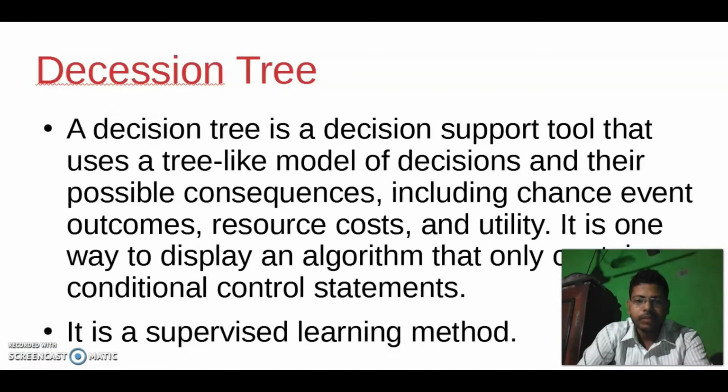I have already made a video on different types of learnings in machine learning. Supervised learning method means the method in which the output column already has certain labels. So based on labels, the model will be trained, and when new data comes without any output column, it can predict based on the training set. So basically in supervised learning, the output column contains certain kind of labels on which it is trained.